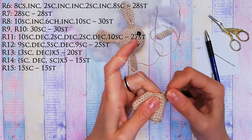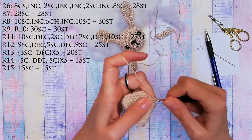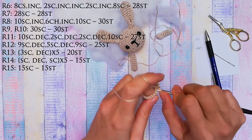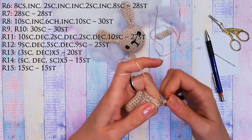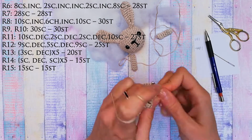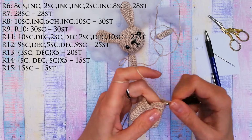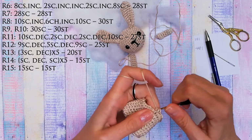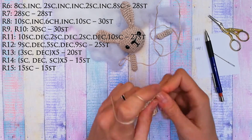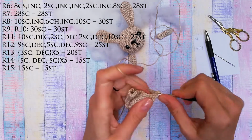Now in the next row I'm gonna do 10 single crochets, an increase, 6 single crochets, an increase, and then another 10 single crochets. So 1, 2, 3, 4, 5, 6, 7, 8, 9, 10. Now an increase. Now 6 single crochets. 1, 2, 3, 4, 5, 6, an increase,